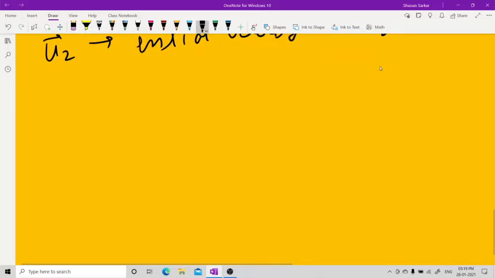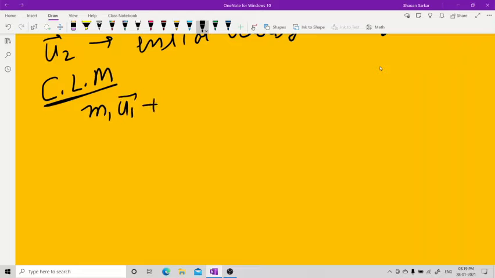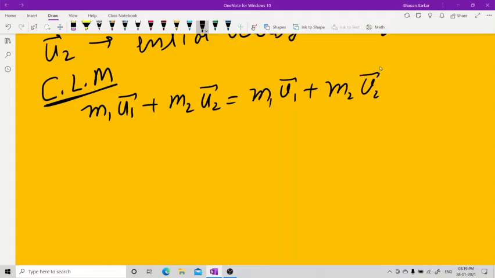See, now since there are no external forces, there is a conservation of linear momentum. This is a very, very important line to write. By CLM, you must write m1 u1 vector plus m2 u2 vector is equal to m1 v1 vector plus m2 v2 vector. Now write u1 vector is u1 i cap, u2 vector is u2 i cap. Suppose it is opposite, then you put a minus sign here. That's all. Nothing else you need to do. We'll do this in the problem, not now.